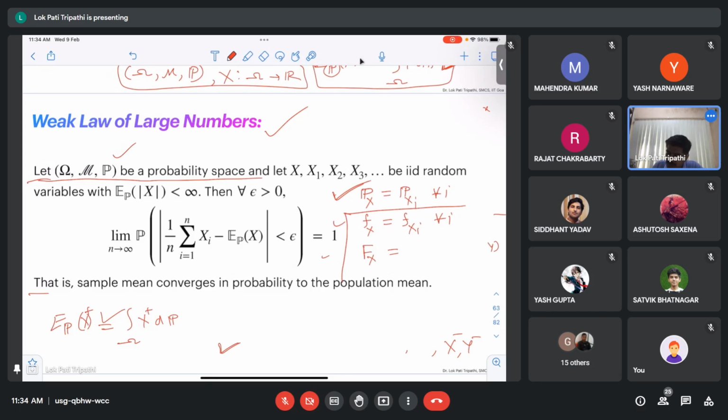This is the CDF, and this is the PDF, probability density function, or PMF, depending on whether the random variable is continuous or discrete. And of course, we denote the CDF, the cumulative distribution function of a random variable X, by capital F. If they are drawn from this, it will actually give you a random sample: X1, X2, X3.